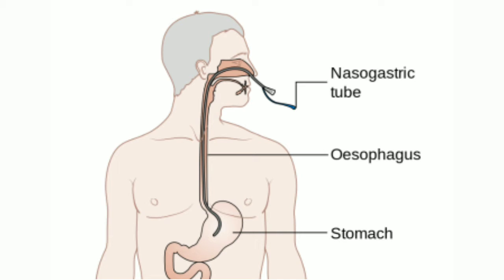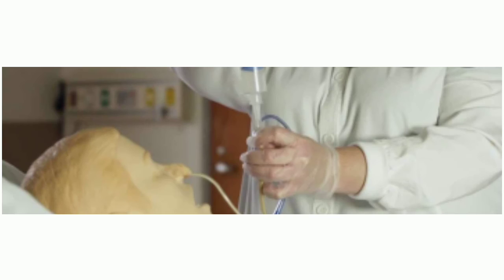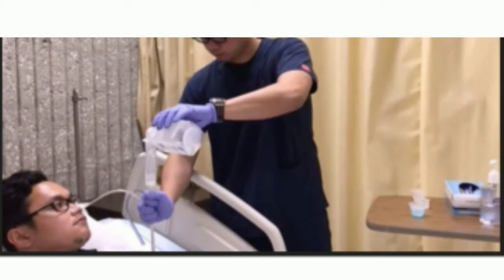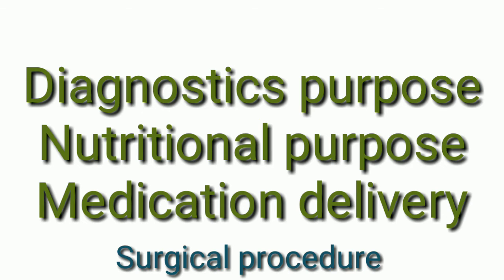So next we move to the purpose of the nasogastric tube. The main purpose is feeding, in cases of dysphagia, ventilator cases, coma cases, unconscious patients, GI surgery patients, or malnourished patients with major abdominal surgery, and also medication delivery and assessment of the presence of upper GI bleeding. So for diagnostic purpose, nutritional purpose, surgical purpose and medication delivery, for all these we are using the nasogastric tube. And also administration of radiographic contrast.